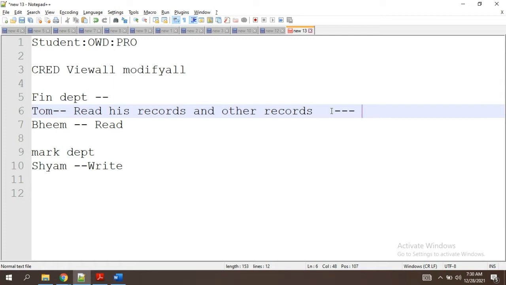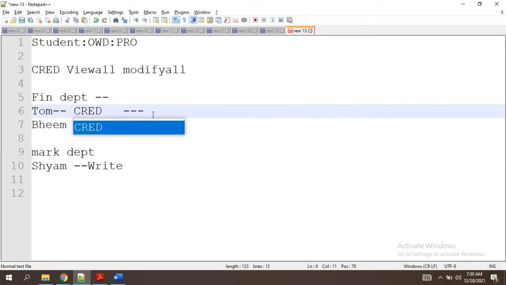What will you do in this case? Then you have to give all CRED, okay? You're giving the permission, but here we are giving all CRED options, is it correct?